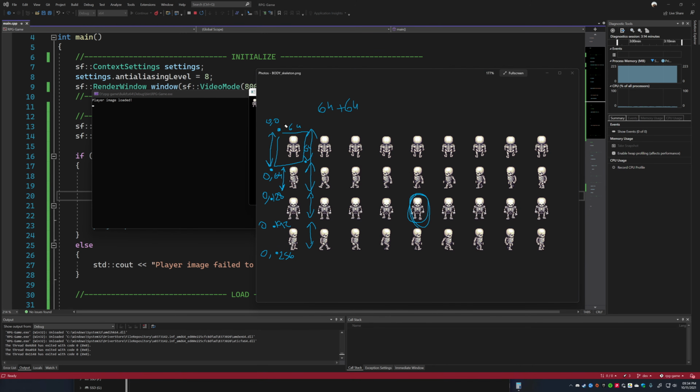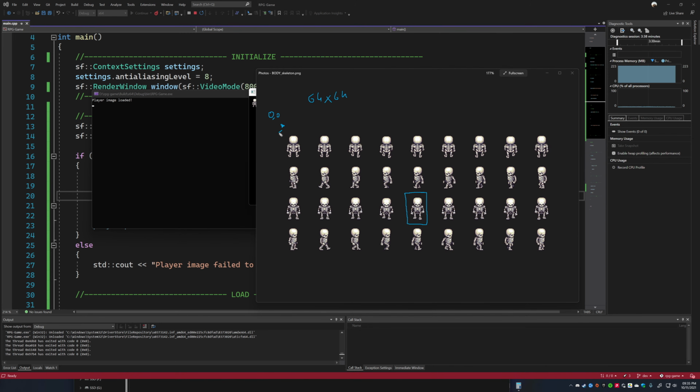Pretty simple. If I remove all of this, let's do some math. I said I want this image. 0, 0 is over here. I know that every image is 64 wide and 64 high.